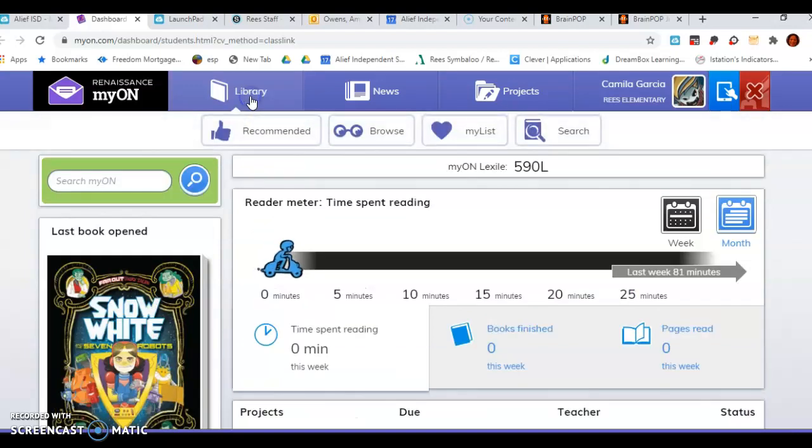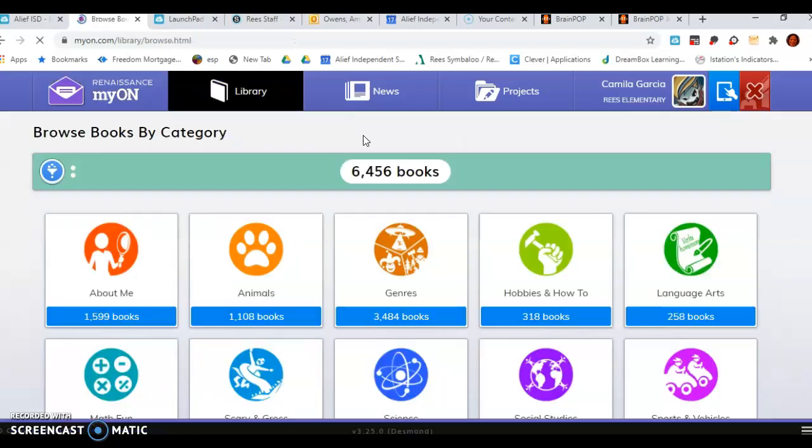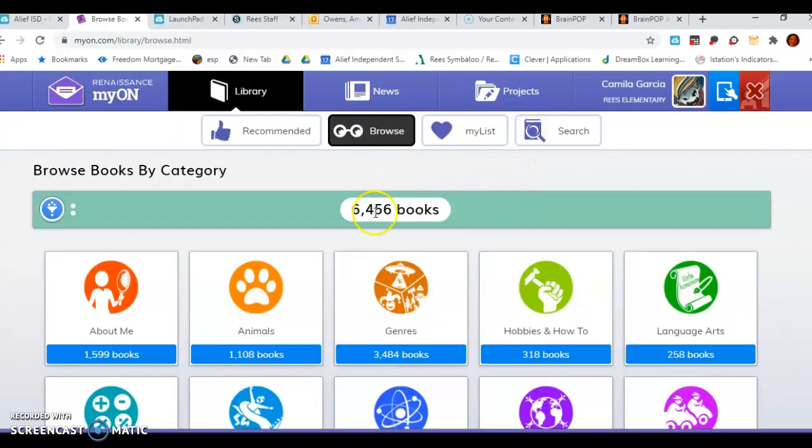Okay? So I'm going to click on the library, and the first thing I'm going to do is browse. So first you'll see there's a search, there's a My List. We'll talk about that in a minute. And now I'm going to browse. And also I can see what was recommended. Let me open up browse. This is where I was telling you